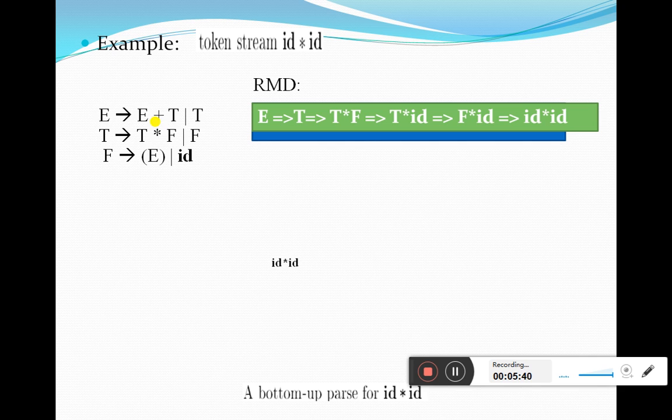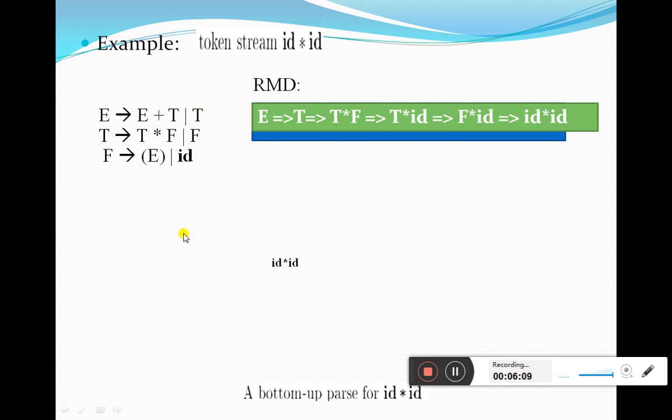The only requirement is that grammar must be unambiguous. So this is the standard grammar which we already came across in the earlier video lecture. E arrow E plus T bar T, T arrow T star F bar F, F arrow parenthesis E bar ID. So this grammar you have written after elimination of ambiguity from the grammar.